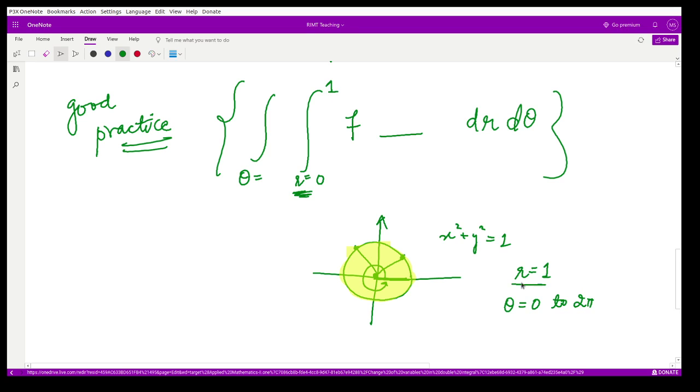Here the limits are constant obviously, but in other cases the limits could vary, and theta varies from 0 to 2 pi. So if you notice, the limits of theta will always be constant, but sometimes the limits of r can be variable limits, defined in terms of theta. So let us discuss